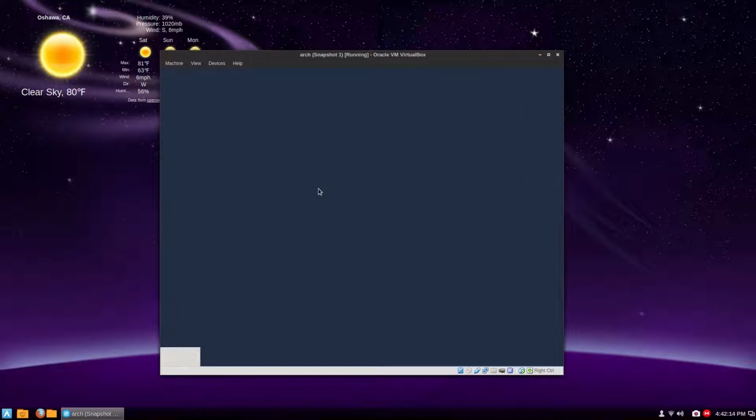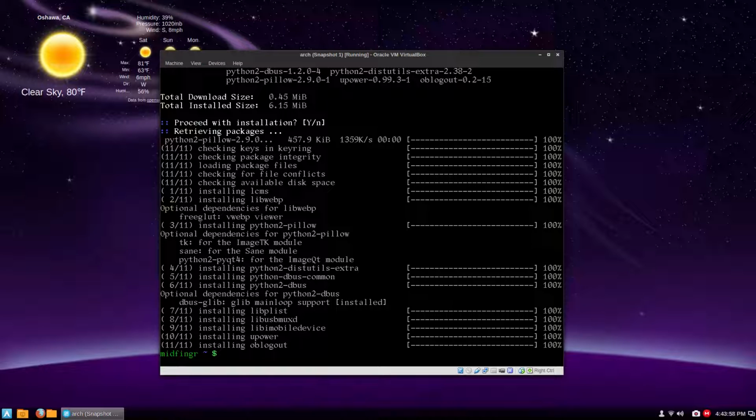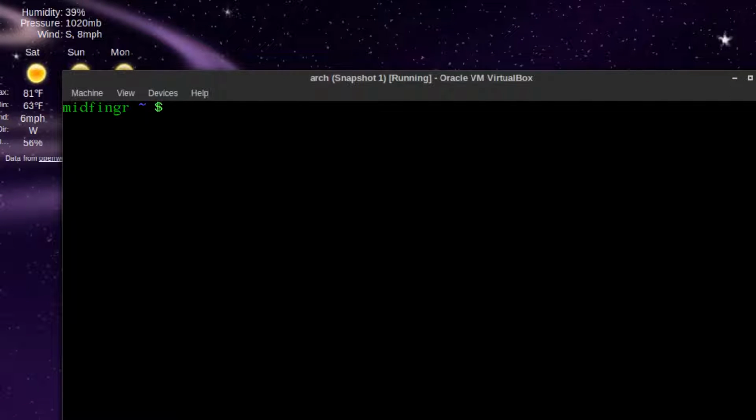Okay, so I'm going to drop into another terminal because, like I said, it's really awkward right now to use any kind of commands through XFCE4 terminal or any terminal. So in VirtualBox it's Control and F2, and just log in as your user is fine. And we're going to get OB logout. Once that's installed, I'm going to clear screen, and it's going to sudo nano